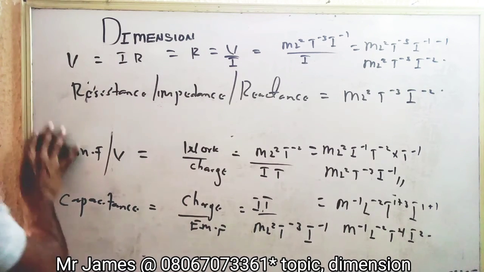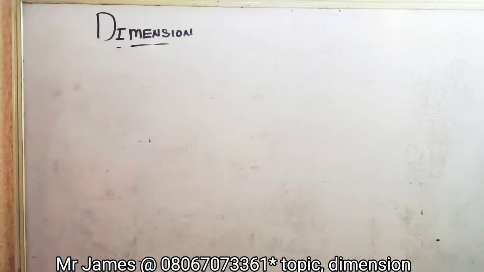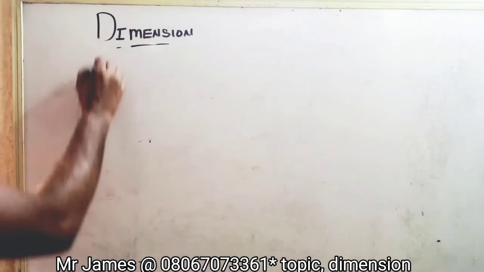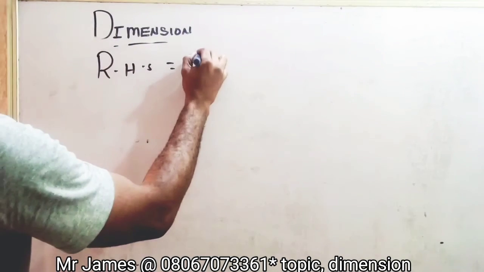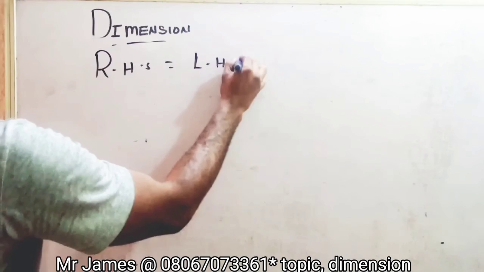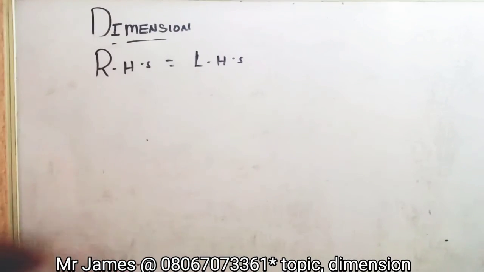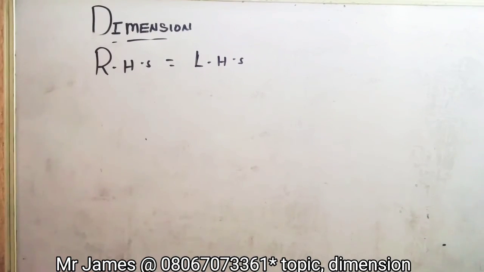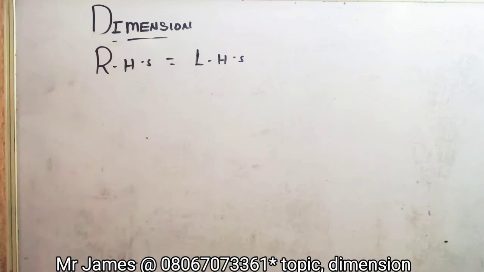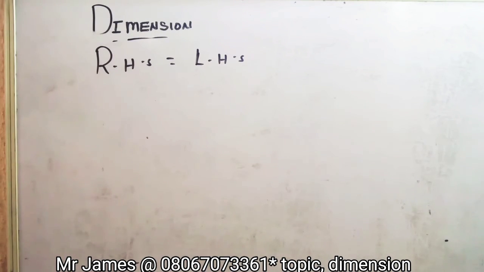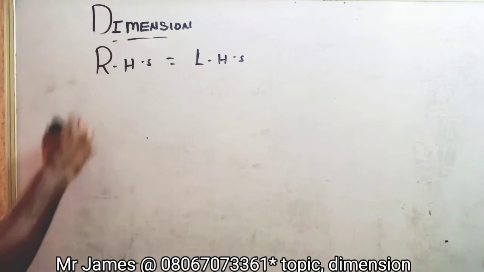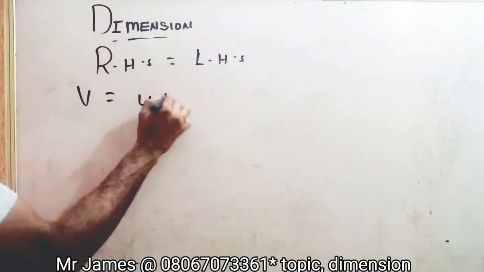So we can actually use the same dimension to verify the equations of motion. And how do you do that? It is when the dimension you have on the right hand side balances the one you have on the left hand side. And you must ignore all constants. What I consider constant here is any other parameter that is not among the 4 basic quantities that I have listed for you. So let's take a typical example. For the first one, I have u plus